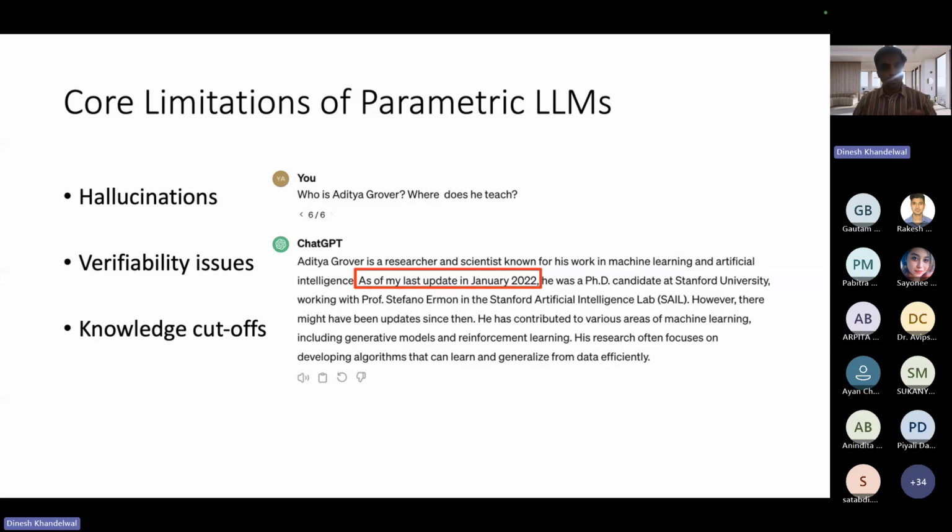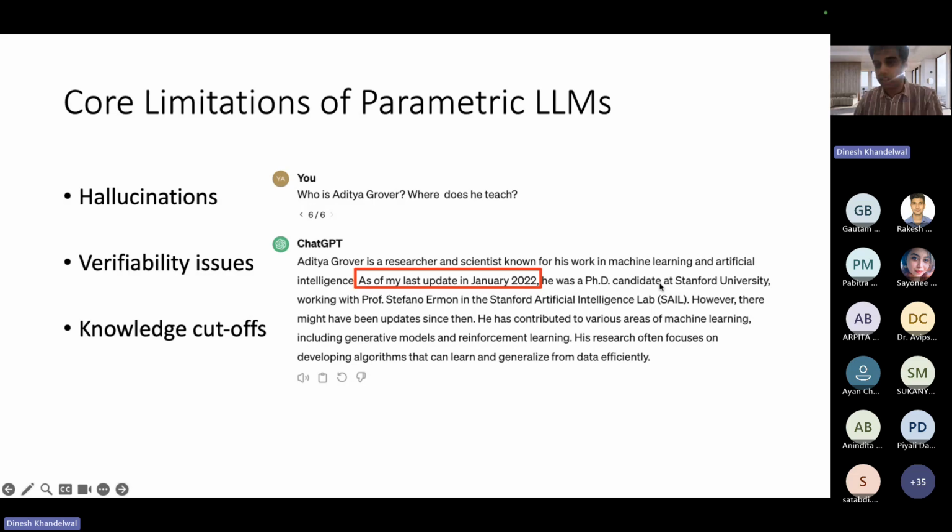So there is a knowledge cutoff, and if you ask a question about the future, they'll give a wrong answer. For example, we asked who is Adit Grover, where does he teach? Now Adit Grover was an IIT Delhi student. He currently joined UCLA, but ChatGPT is returning